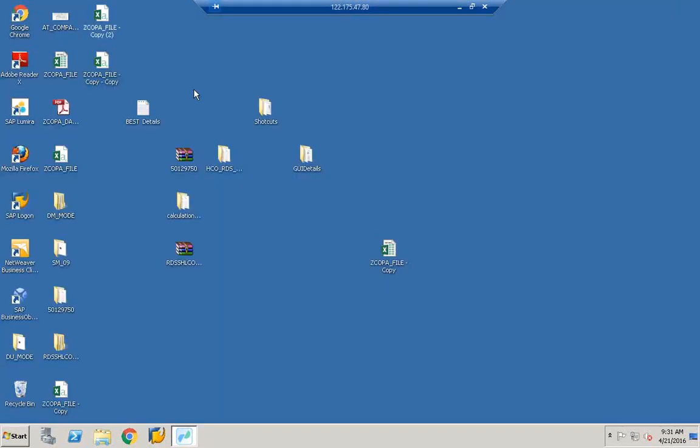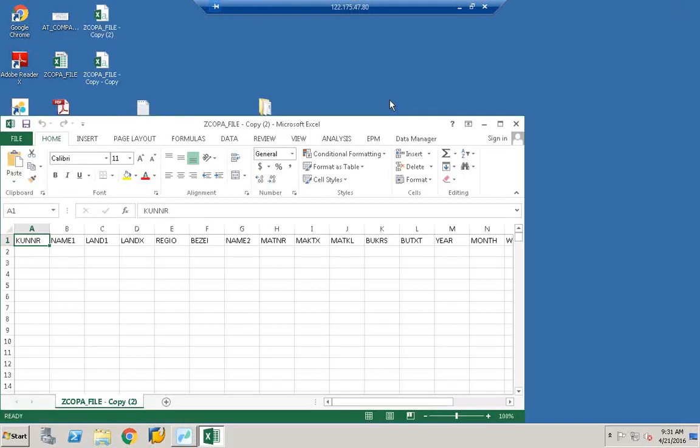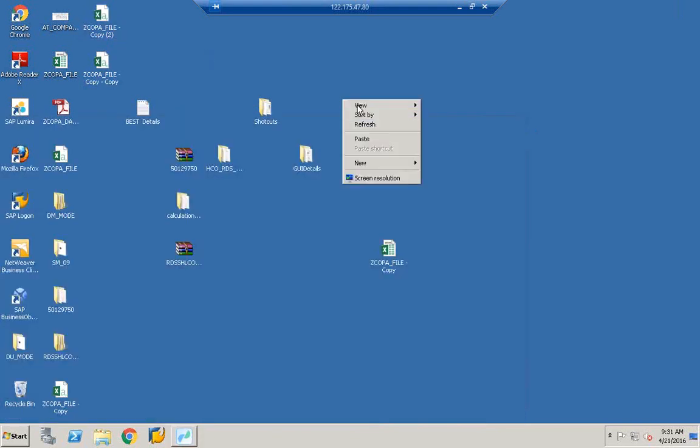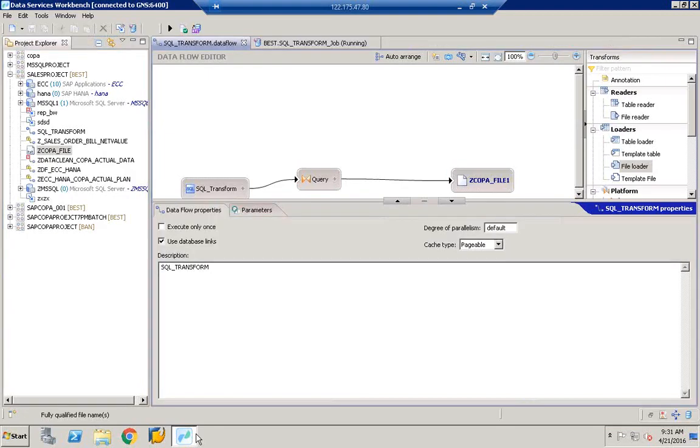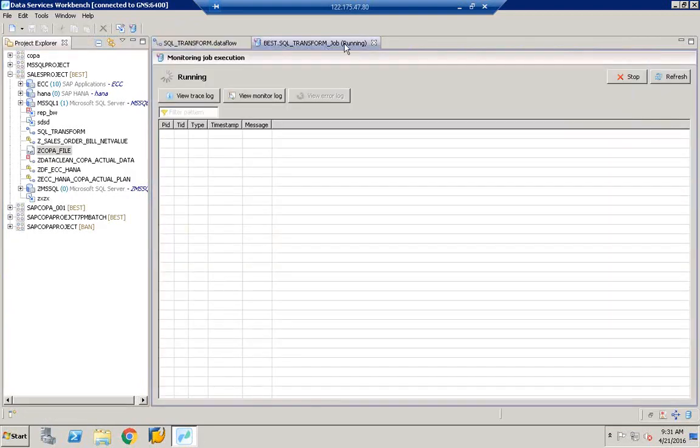So once we go back to the file, we should be able to write data into the file. Still the job is being executed. The job is being executed. So that is the only difference between template file and file loader. Let this job execute. So meanwhile,